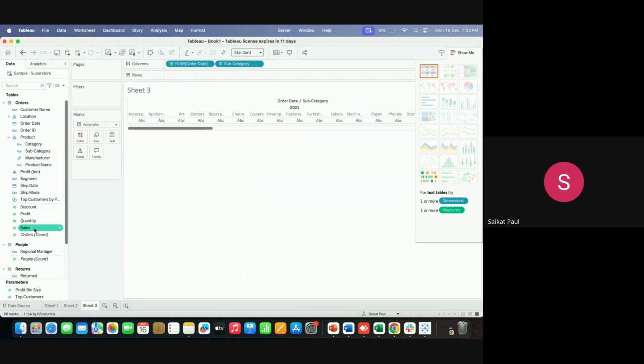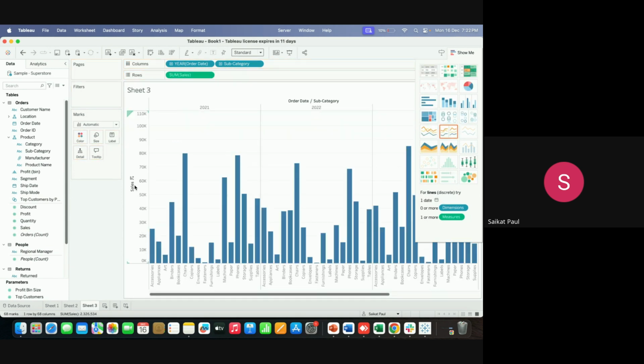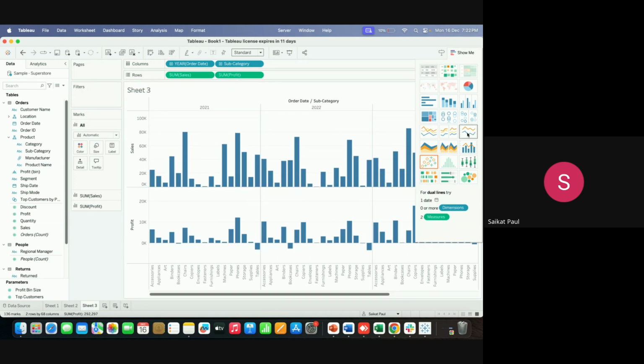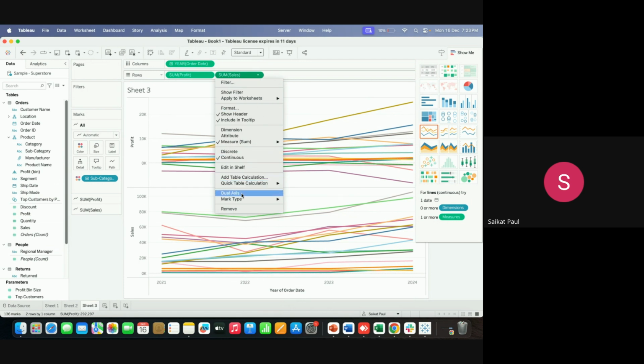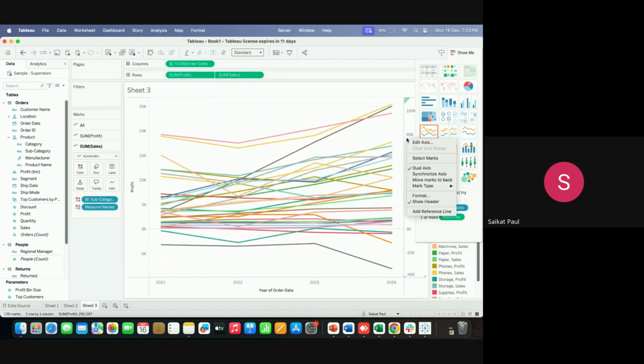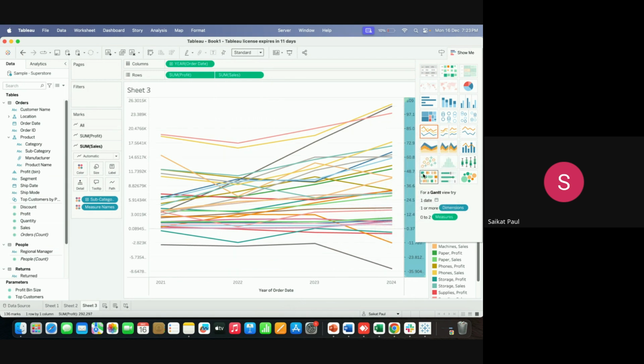What will be my two measures? Let's take sales and let's take profit. And if I click on this, now this becomes a very complicated kind of data. What am I seeing? There are so many subcategories. Now if I go here and make it a dual axis, and let me just synchronize the axis,